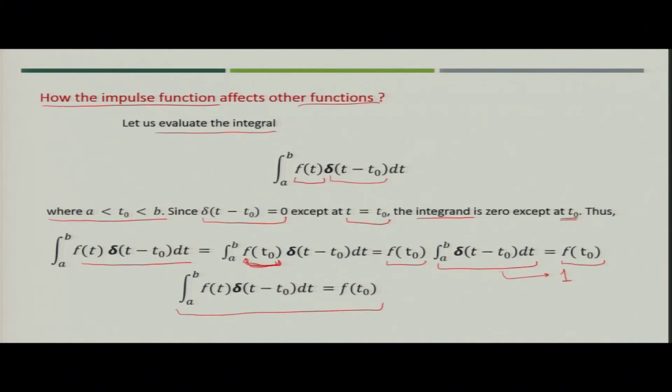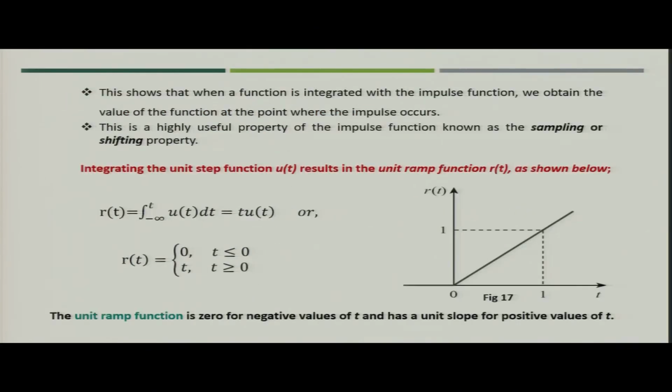So, whenever you associate the unit impulse function with any other function, the value of that combined function will become the function value at time t equal to t naught. This shows that when the function is integrated with the impulse function, we obtain the value of the function at the point where the impulse occurs, and this is a highly useful property of the impulse function, which is known as